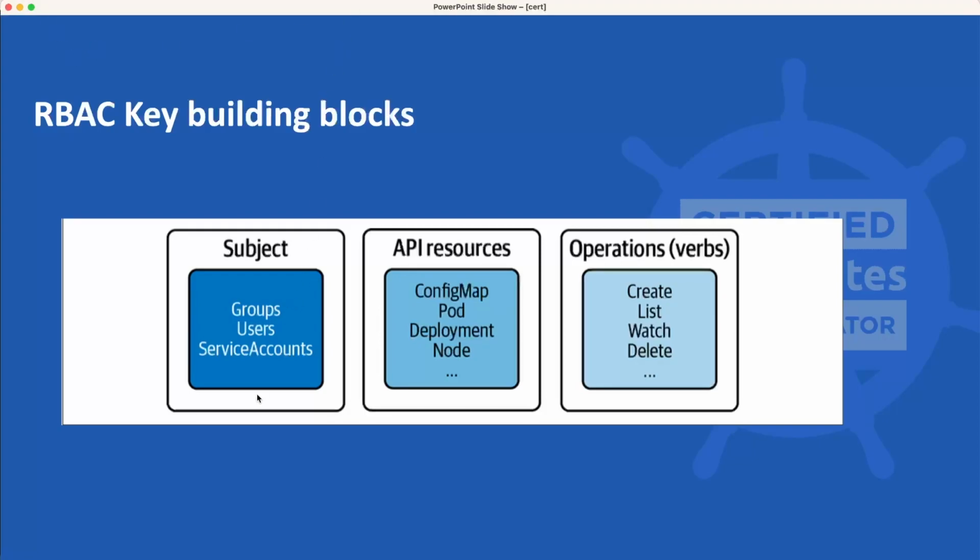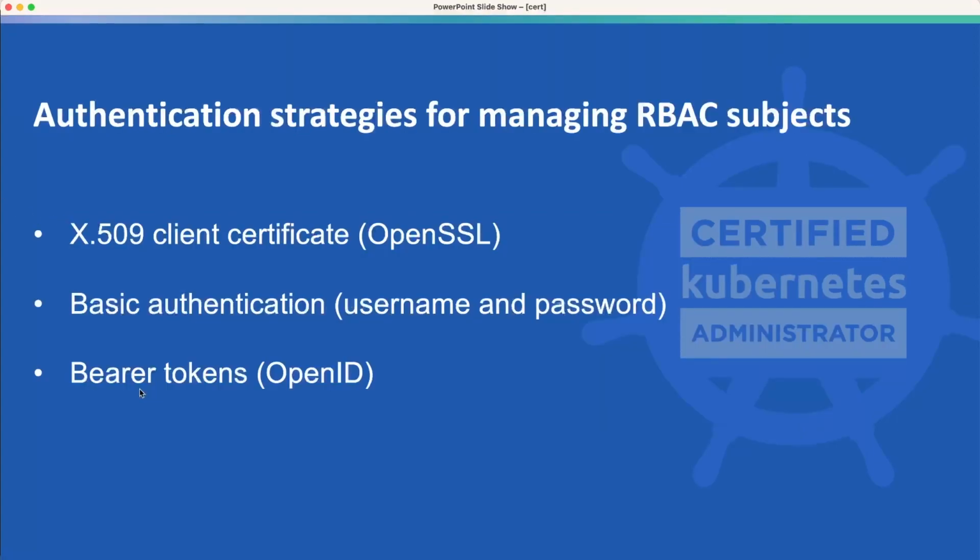In the subject, the groups and the users are not stored in the Kubernetes database. It means that the process is running outside of the cluster. So users need to be managed by the administrators of the Kubernetes cluster, who distribute the credentials to the real person, and it's used by the external process. But let's see